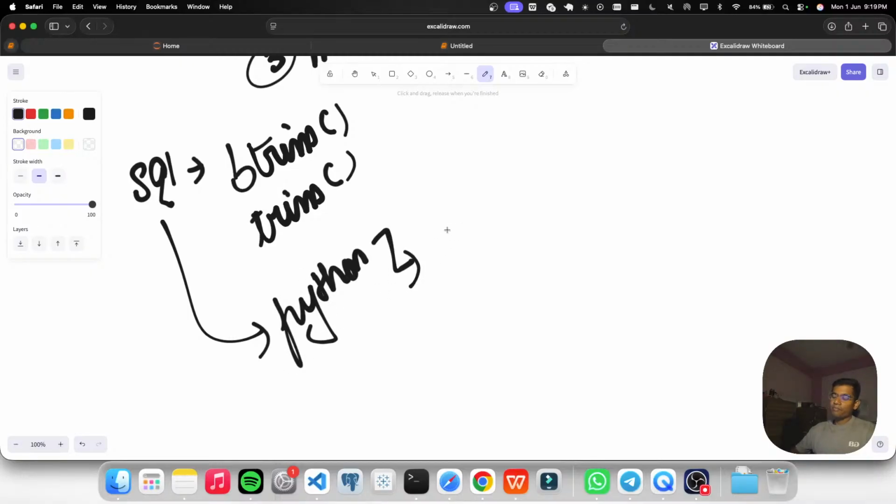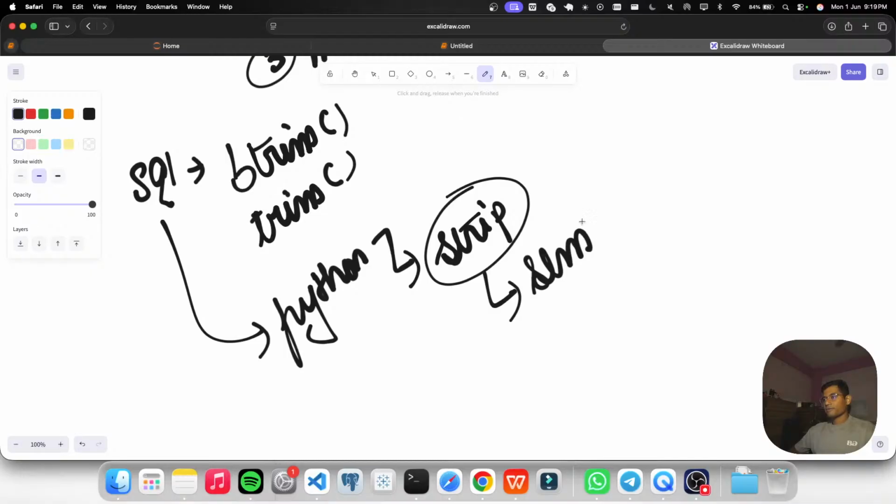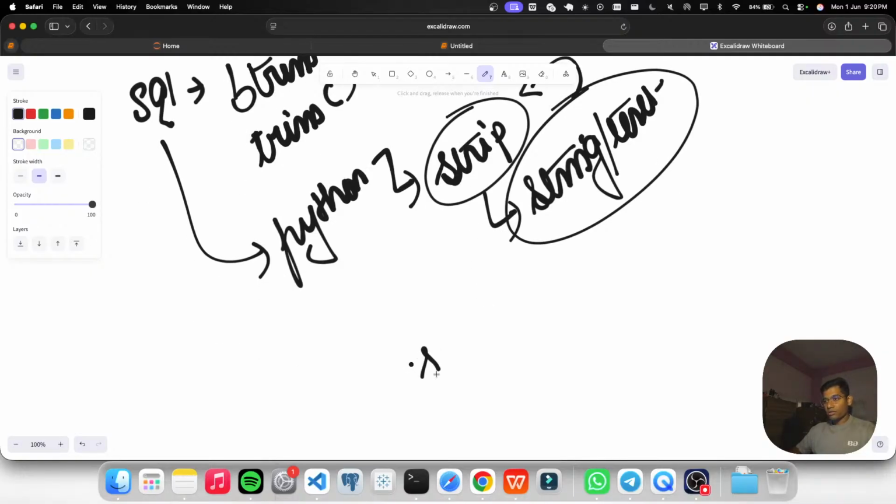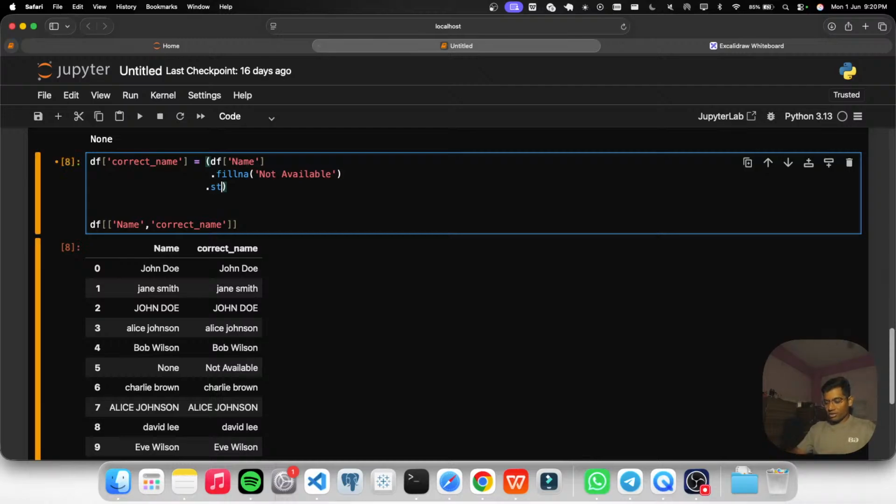पाइथन में वी कैन ईजिली डू इट बाय यूजिंग स्ट्रिप, ठीक। बाय यूजिंग स्ट्रिप वी कैन गेट द आउटपुट। और स्ट्रिप स्ट्रिंग, टेक्स्ट, इन सब चीज़ों में यूज़ होता है। और पाइथन में हम कैसे यूज़ करेंगे उसको, डॉट str डॉट स्ट्रिप, ठीक है। इस तरीके से हम यूज़ करेंगे। तो एक बार यूज़ करके देखते हैं, डॉट str डॉट स्ट्रिप, दैट्स इट।